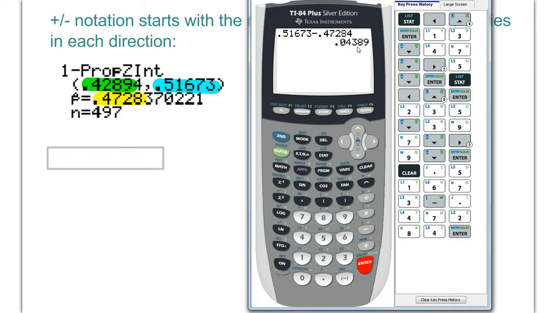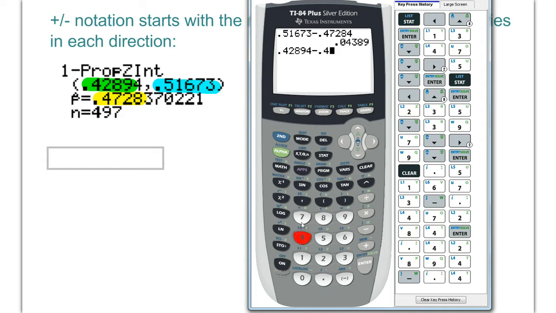You get 0.04389. And what that number tells you is how much variation there is from the middle to one end. Now, you don't have to do this, but if you want to verify that it's the same distance to the other end, you could do that. You could take the left end that I have highlighted in green and subtract out the middle. And if we do that,